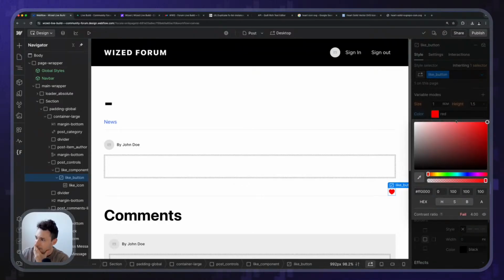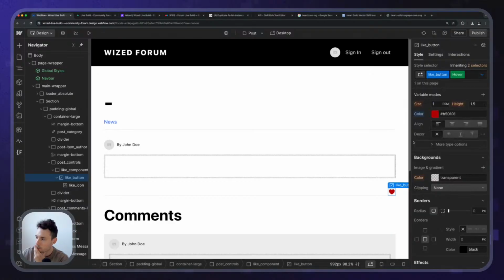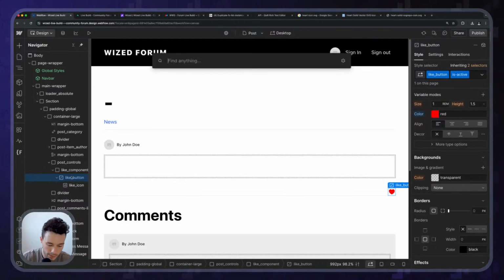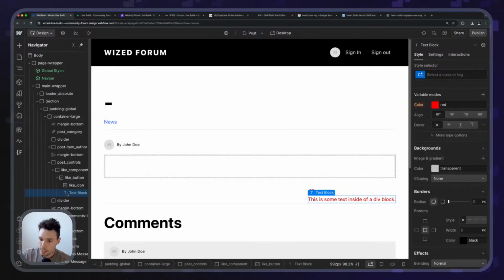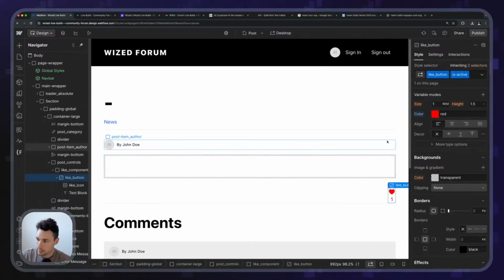Let's do it properly. So let's do it first. Maybe some grayish thing like that. Yeah, and then on hover, it can be this, and then when it's active, it's gonna be red, like that. Better. Nice. Okay, and then also we want to have a little text. So let's do a text block that will display the amount of likes. So let's do one like. So this like button,